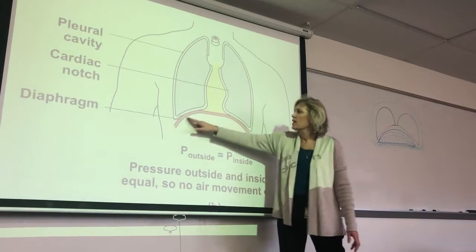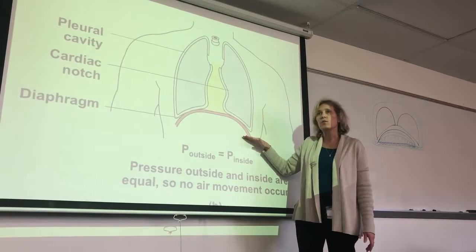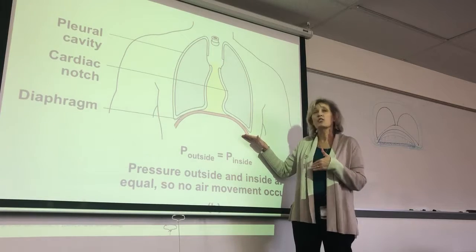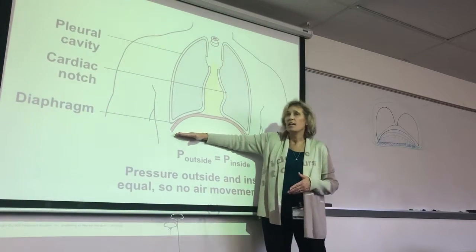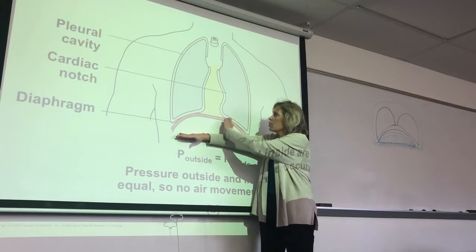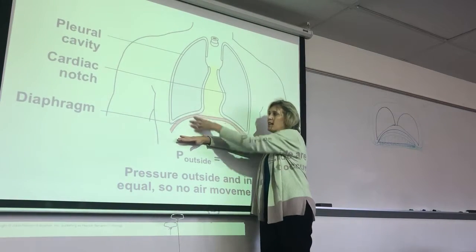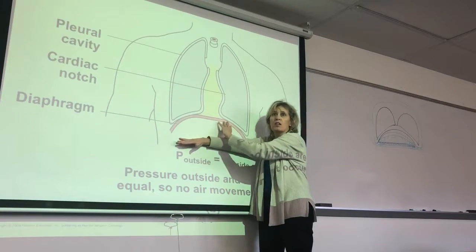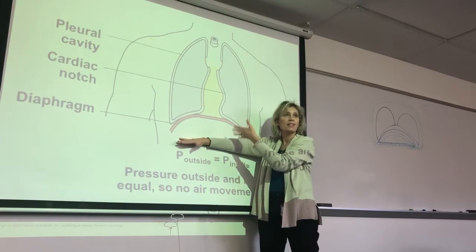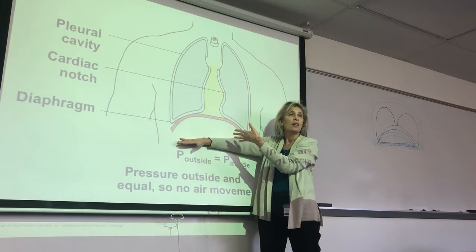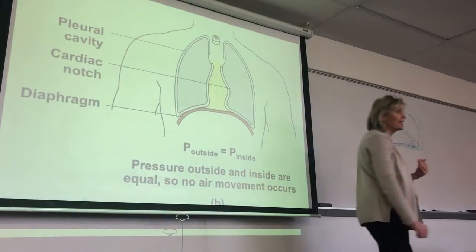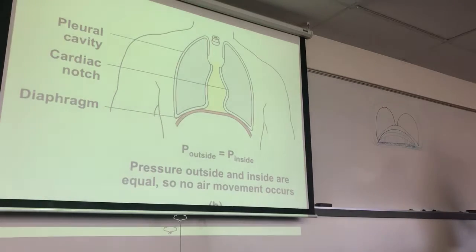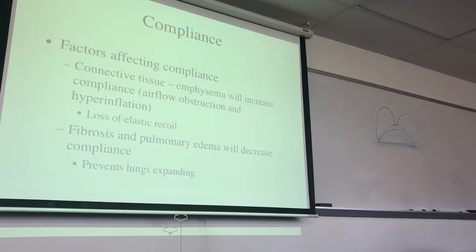So anyway, this is the diaphragm at rest. When the diaphragm contracts, it's going to flatten out, right? And when it flattens out, it's increasing the volume inside this area by this much. So when we're increasing the volume, that decreases the pressure. Air is going to move from outside to inside. Now, it's not going to be a ton of change, but we know that the